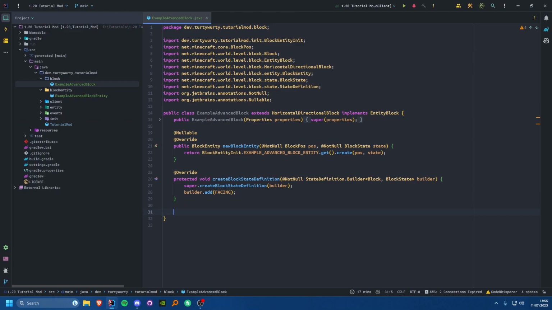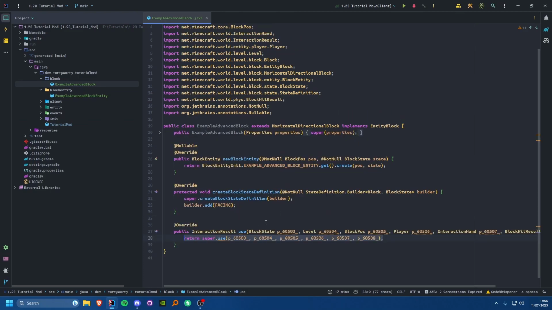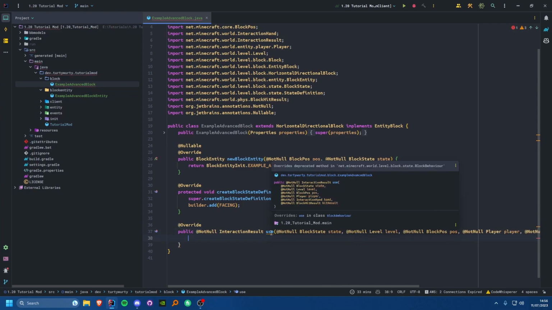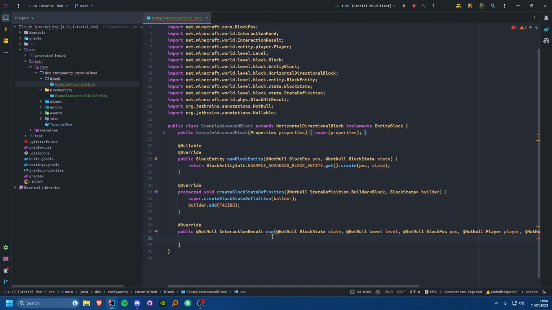So in our block class, first of all, I'm just going to create a use method. I'm going to override that, and I'm real quick going to name these parameters. Oh, by the way, if you get this where it says overrides deprecated method, don't worry about that. Basically, vanilla deprecates a bunch of stuff in their code, but it doesn't actually mean that it's deprecated. It actually means that you just shouldn't call that method. You can still override it. So it's a misuse of deprecated, really, but they do that, and it just kind of is what it is. Don't worry about it too much. It will give you a warning, but you just have to put up with it.